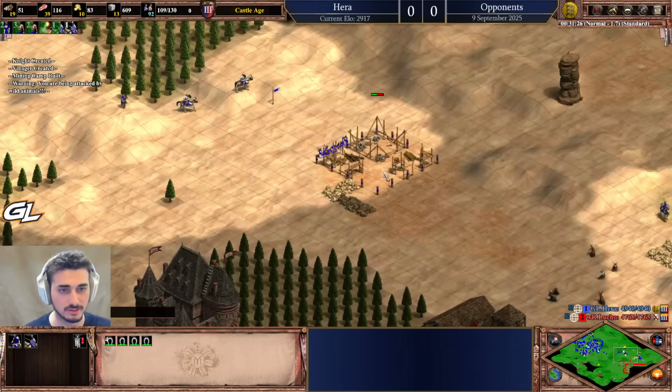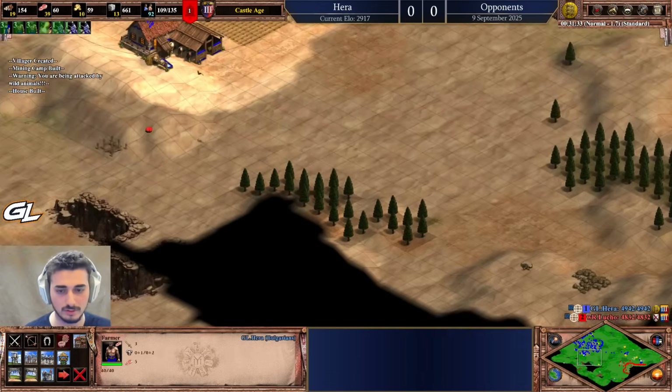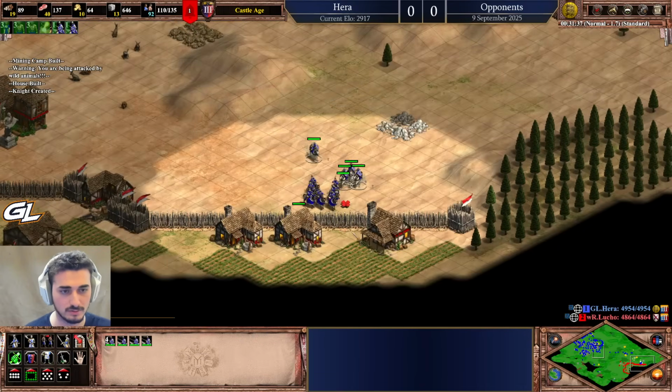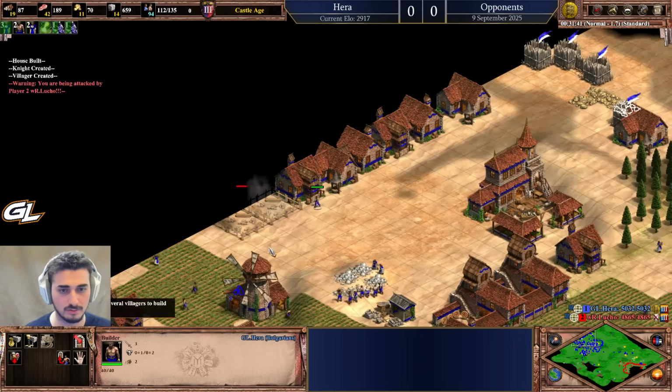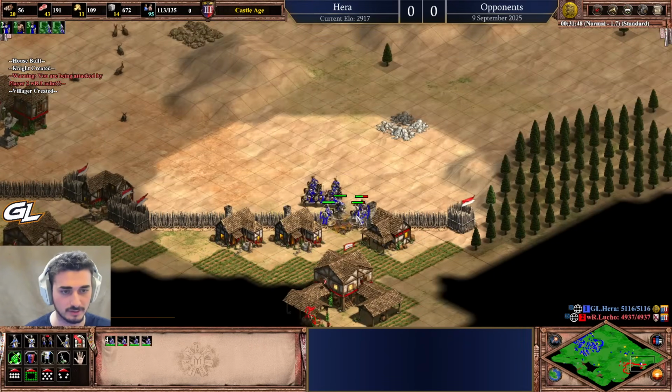I attacked from here because he has no castle and he has 2 golds here. On this side, I'm gonna get some outposts. He has ballistics, so I don't really want to be fighting here. But...